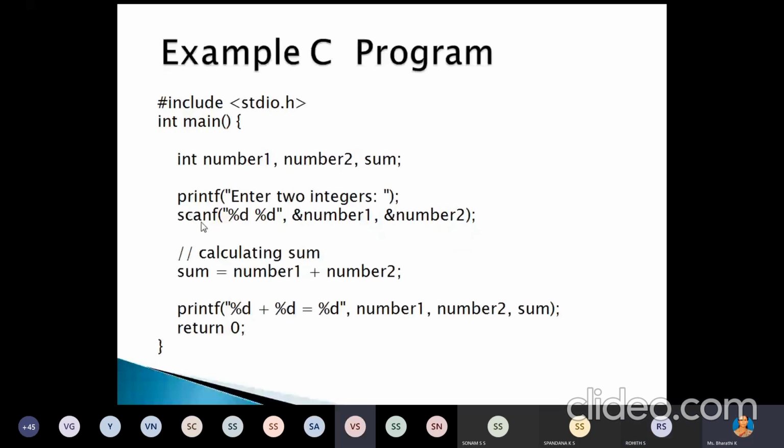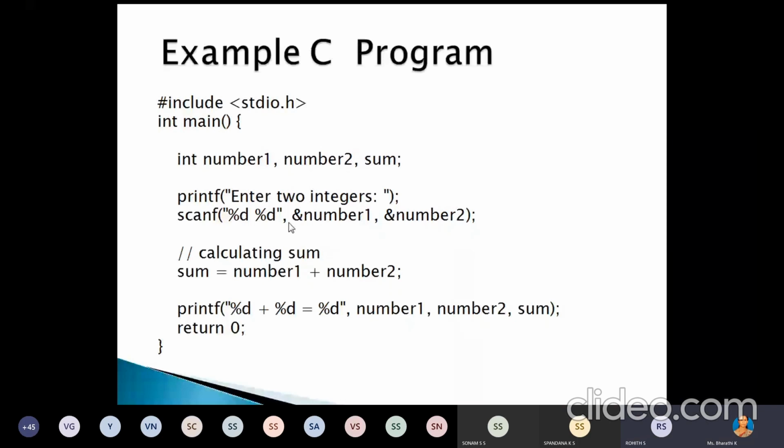Now we are reading two numbers using the scanf function. The scanf function is used to read data from the keyboard. Here we are reading two integer numbers, and whatever data we read, we store in the memory locations number1 and number2. Why are we using the address, that is the ampersand?